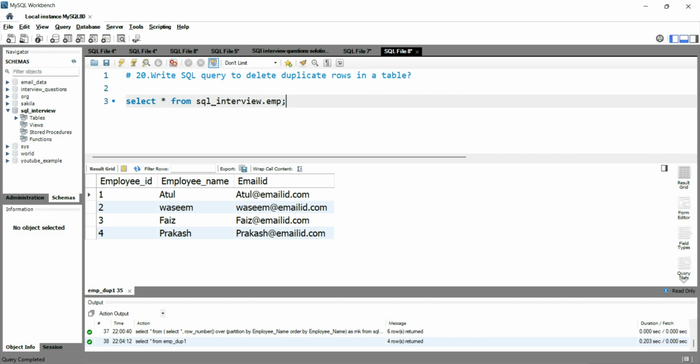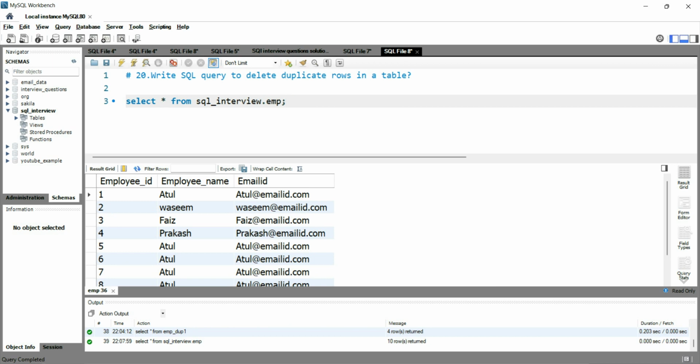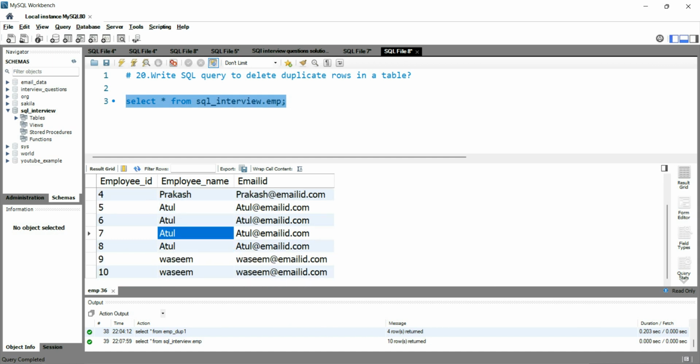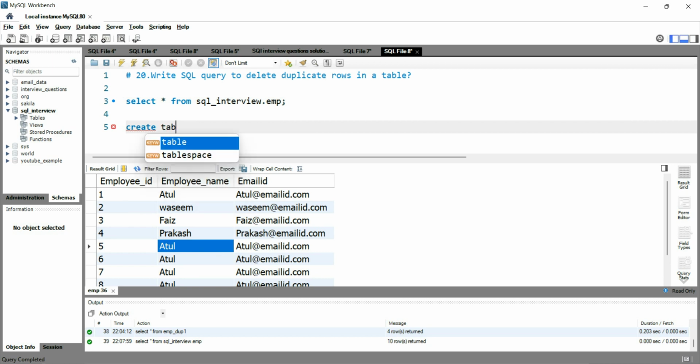Okay, here we have this employee table in which we have duplicacy of records. As you can see, I have run this query select star from sqlinterview.employee, and you can see that Atul is appearing 5 times over here, and in our resultant table, Atul should appear only once. So first of all, what we'll do is create a dummy table in which our output will be saved. So to create a table, I'll write create table